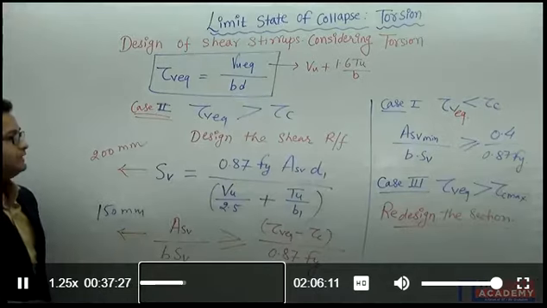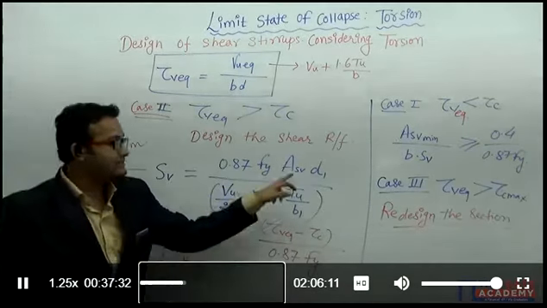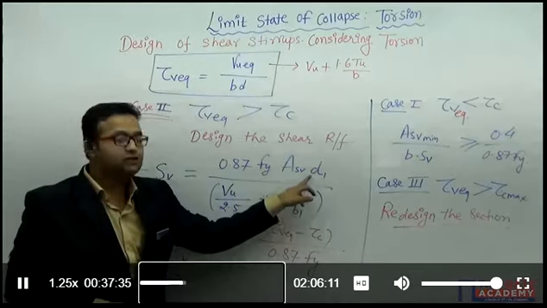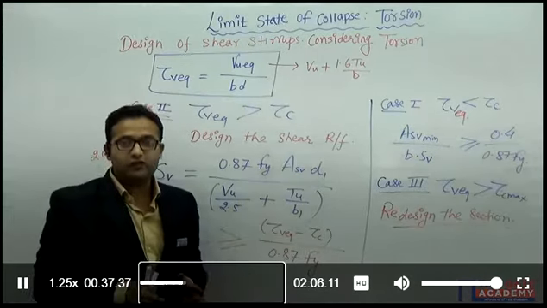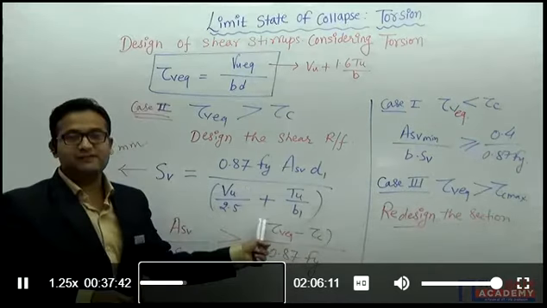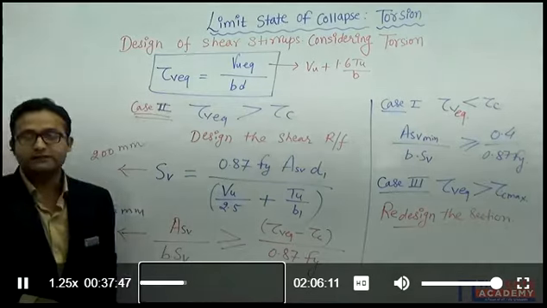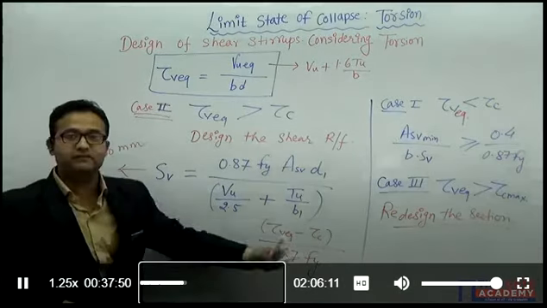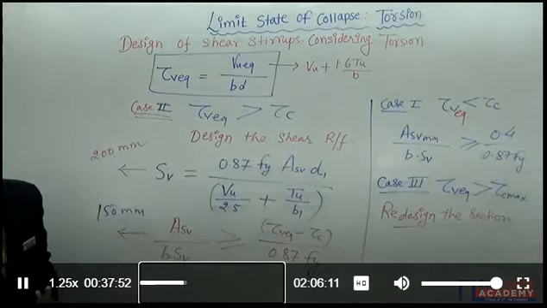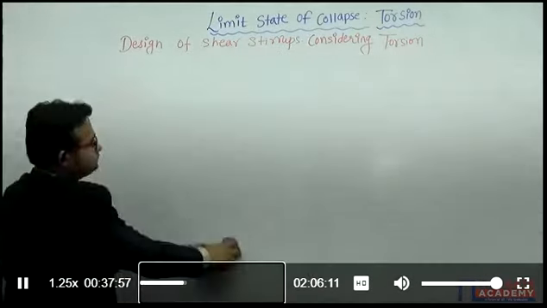So these three cases we have studied, and now you should ask me what D1 and B1 are. D1 and B1 are not the width of the beam or the depth of the beam. It is something different. Please note down this. Then we will see what B1 and D1 are.